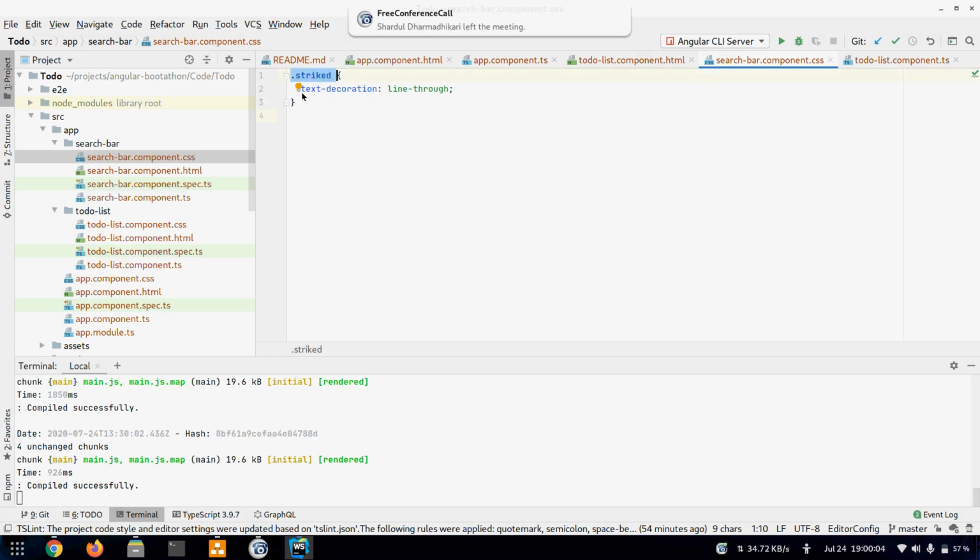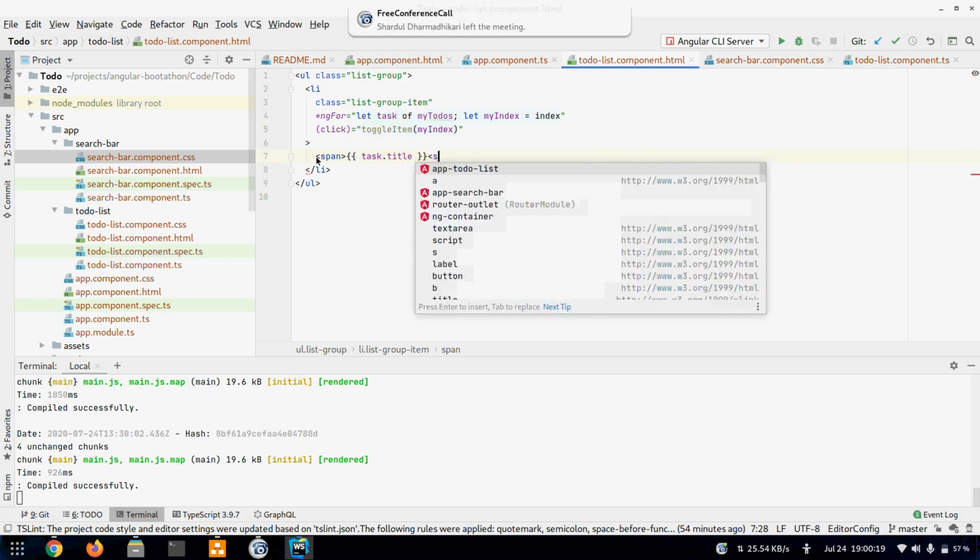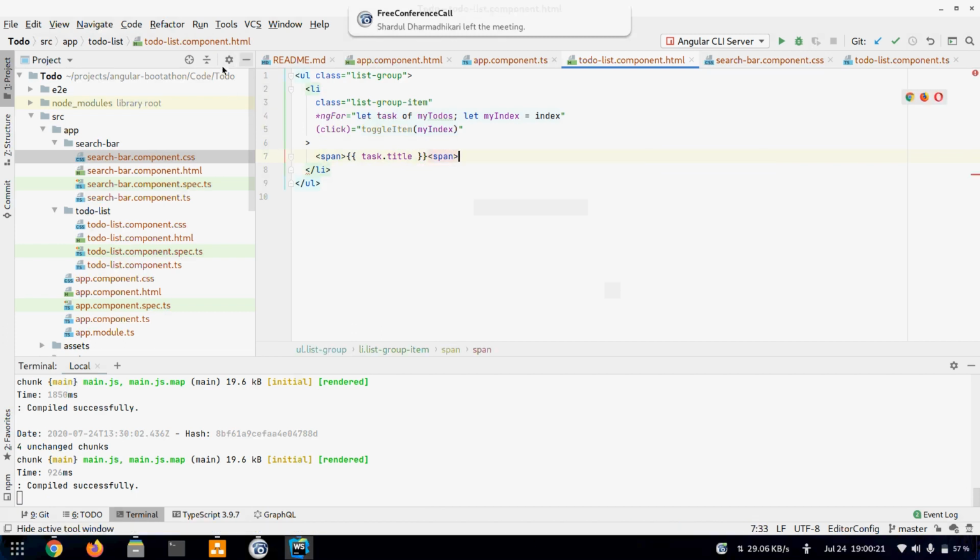Okay, so this is the CSS class. Whatever element it gets applied to, that thing will appear as cut. So now we have to apply it to this thing. I'll wrap it inside a span so that I can apply the class.